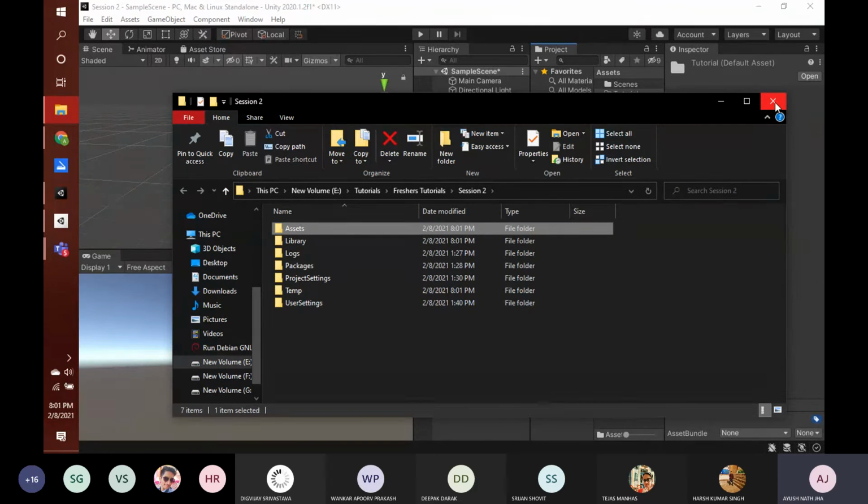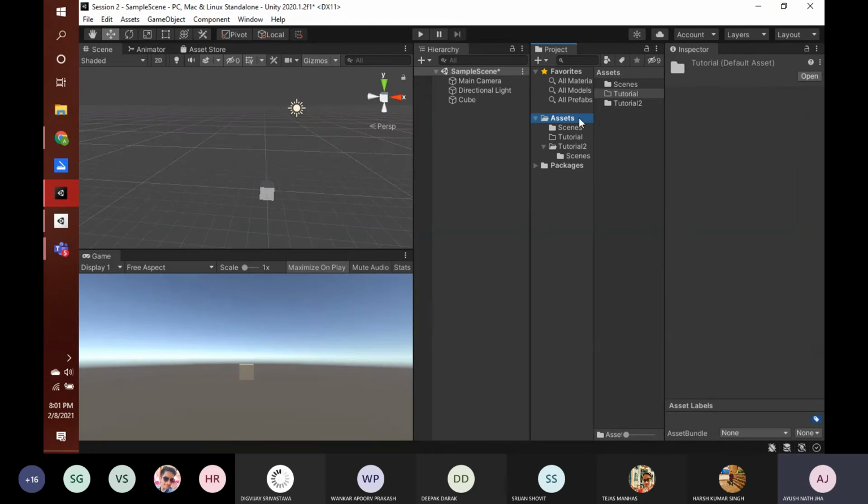So whatever change you have to make, like whatever file you have to copy paste, you can directly create a folder here in Unity, and then drag and drop the files or folders directly here, just like you do the normal drag and drop function, and then it will get copied here. So I just now created a new folder, and you can see this is an empty folder.